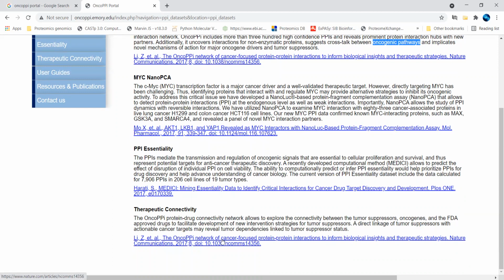It is useful for those working in the field of cancer and finding the interaction networks, finding the druggable targets, integrating the systems biology aspects, and also integrating the genomics data. Since it has been published in Nature publications, it will give you a very nice reference for moving ahead with your research work.